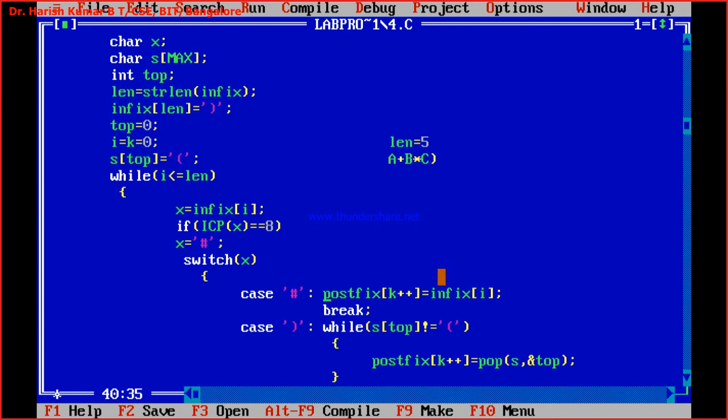We are taking the first character from the infix expression and we are adding it to the postfix expression. So if it is an alphanumeric, we just take the character as it is from the infix expression and we add it to the postfix expression. Is that clear? Yes, sir. Okay. And then